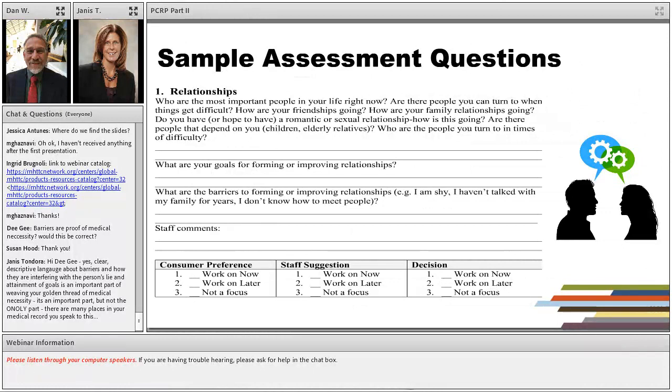This is just a sample of some of the assessment questions we designed. Remember, I mentioned that you have to ask the right questions if you're going to have the information to populate your plan. And again, this is just some samples about how to do that, but you'll see it already builds in, even though you're not in the plan yet. This first question is kind of where you are now, what are your goals, and what's in the way of getting to your goals. And again, some of that staff commentary about that, and then having the conversation about whether it's something you want to work on right now, later, or not at all.